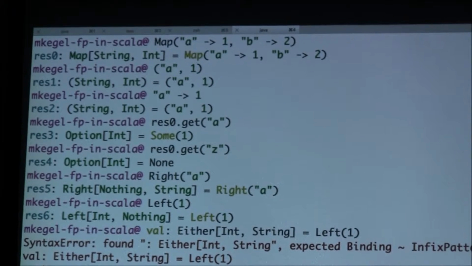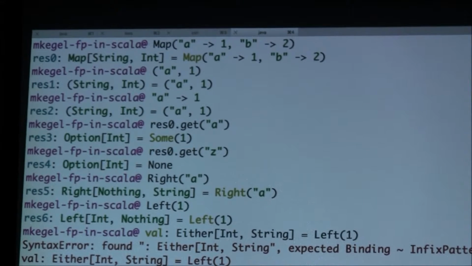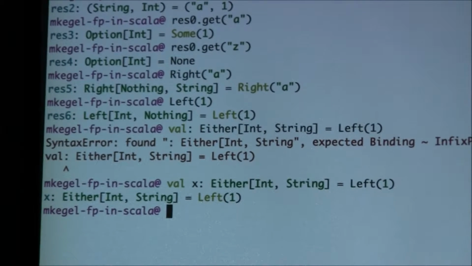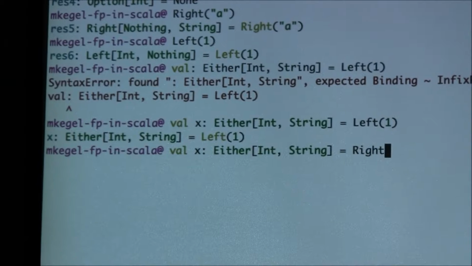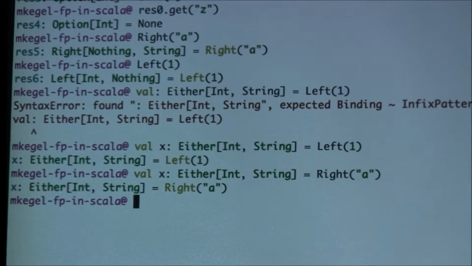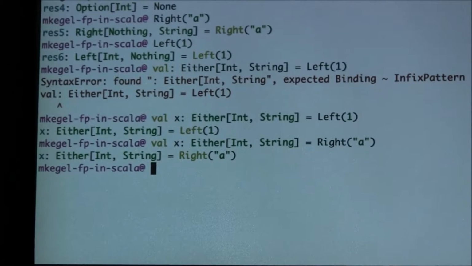Yeah, you mentioned val colon. You've got to put your variable in. Oh, yeah, need a name. There we go. So that's now an either. And we could definitely have... there we go. And now if I actually want to inspect the value of x, and by the way, the